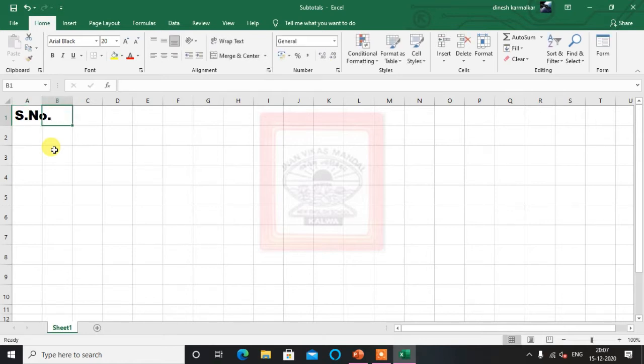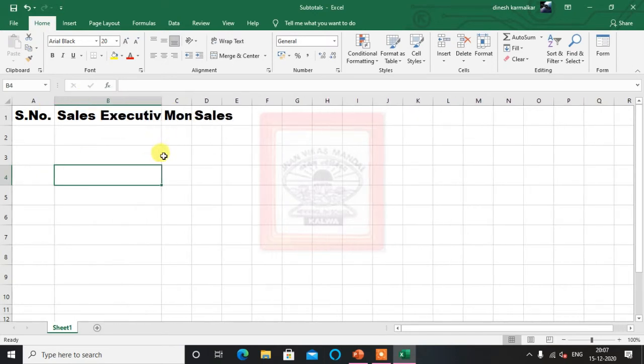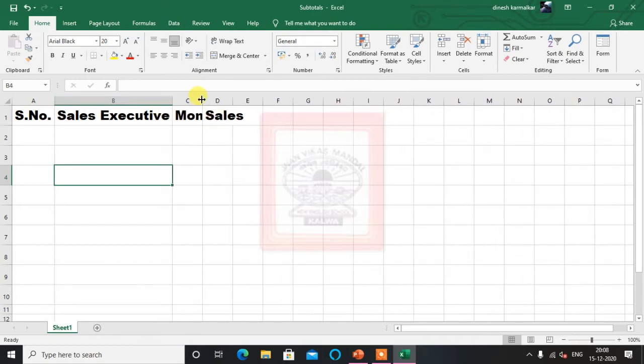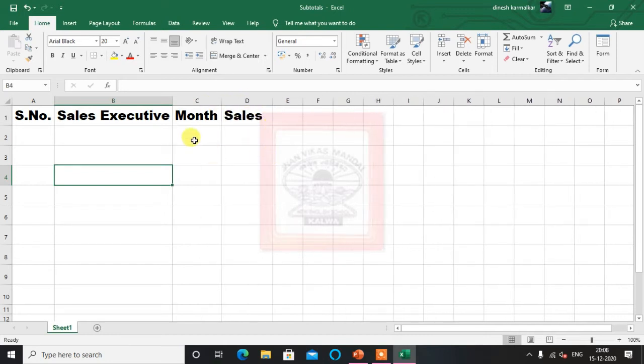Serial number, sales executive, then month and sales. So this way I have these four headings. Let's give these headings a different color.